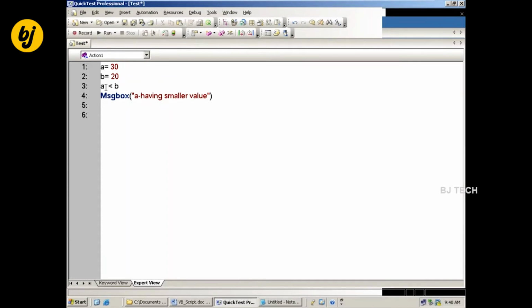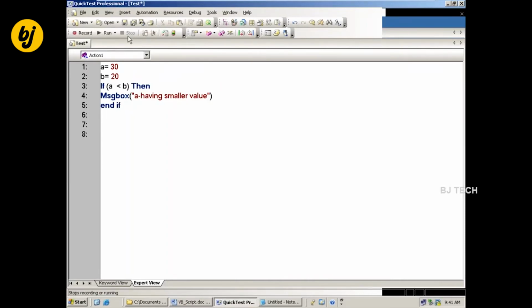Now, this is my expression, and only if this expression is true should it execute. So I say: if A less than B, then message box A having smaller value. Up to here, this is the one block.